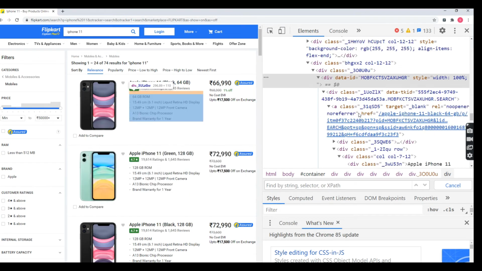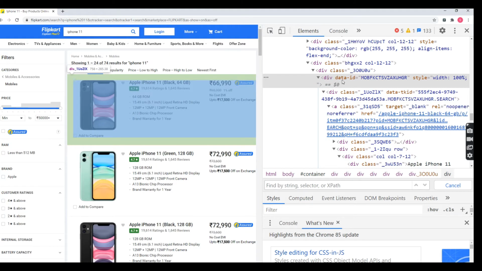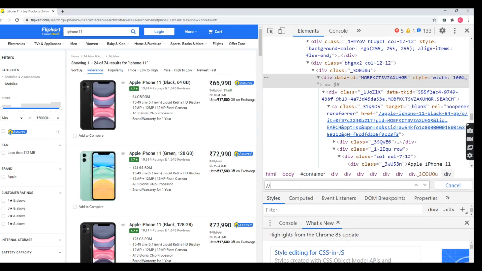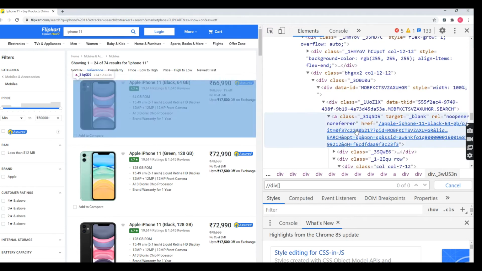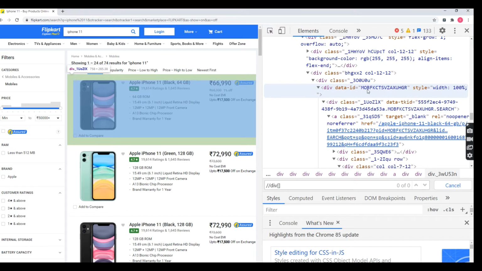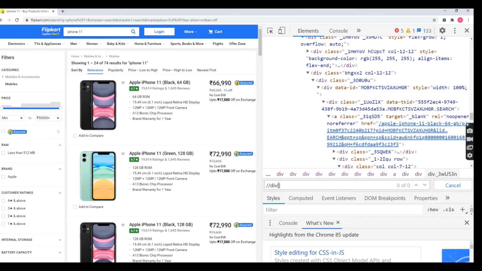So here I'm going to take this one. What is the div id, and I'm going to take the attribute data-id, and I'm going to use contains text. I'm taking these MOB three letters only. Div. Here I'm going to use contains because inside data-id we can see a lot of characters available. But here I'm going to take the first three letters only. Inside, we are going to use the contains text.